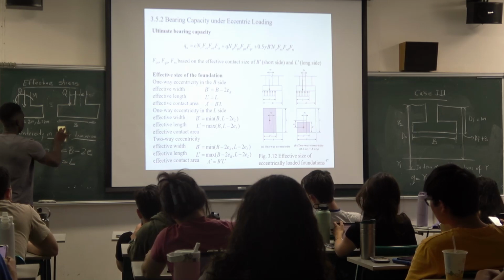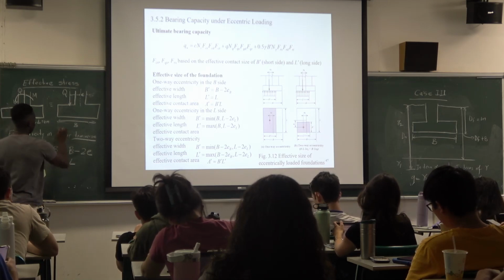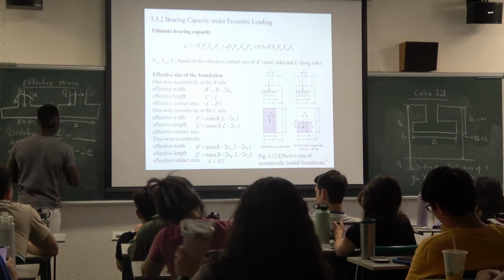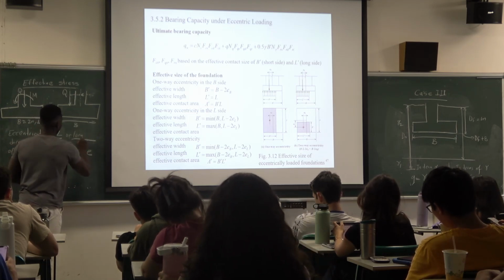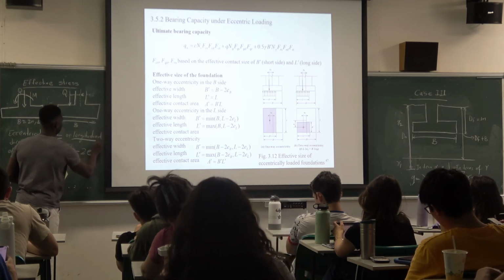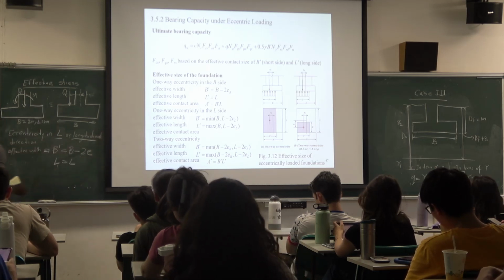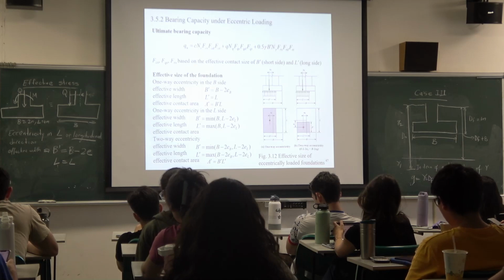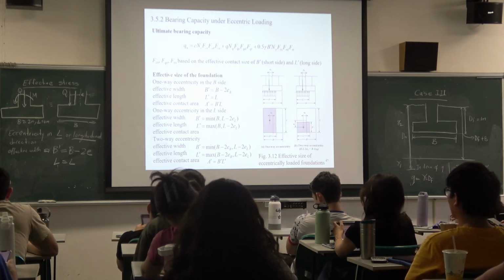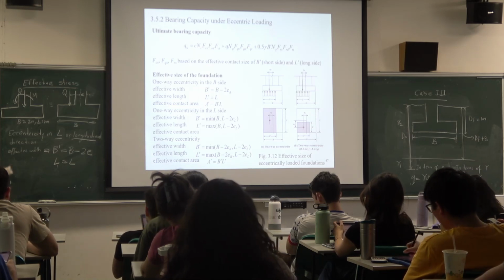And sometimes they will specify that the eccentricity is in the L, the longitudinal direction. So it's probably L, or they will say it's L or the longitudinal direction, along the longitude. So the effective width B prime